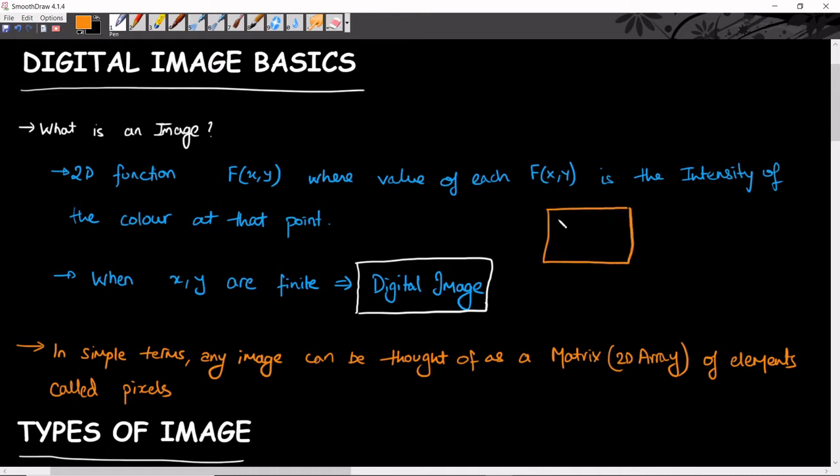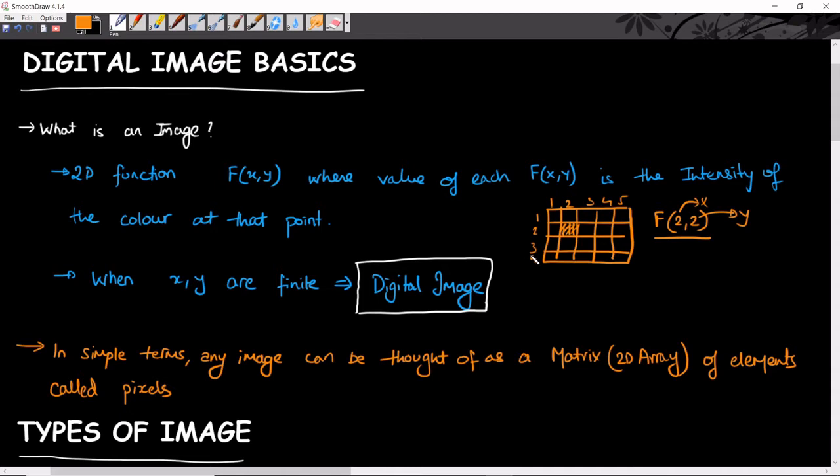This is your 2D plane and it's divided into rows and columns. So basically it's a matrix, and say you pick this cell. If we start the indexing at 1, so 1 2 3 4 and 1 2 3 4 5, then the color at this cell corresponds to the value of f(2, 2), where x is 2, this is your x and this is your y, and the value of f(2, 2) corresponds to the intensity of color at this point.